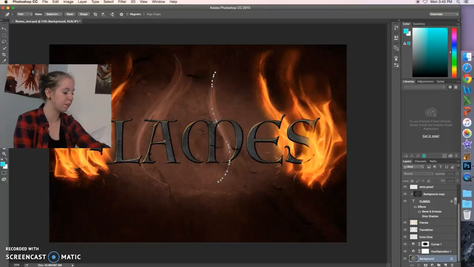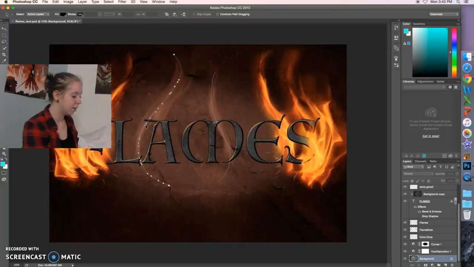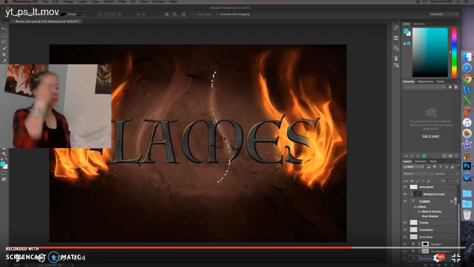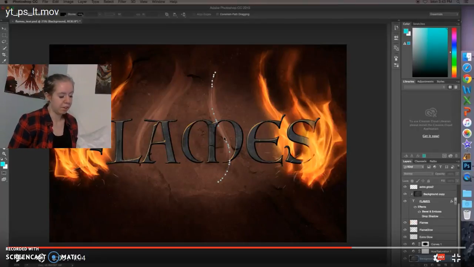But if you want the flames to be nice and orange, you would have to add another layer on top of the background, and then they'll be orange and lovely